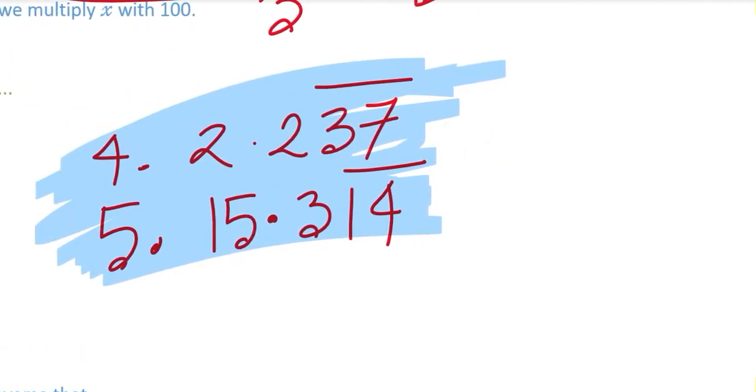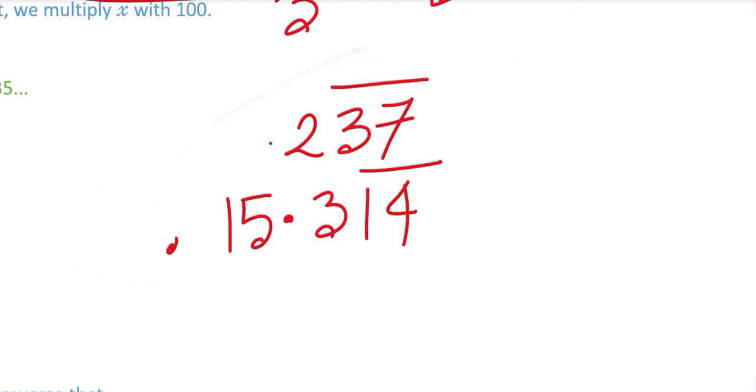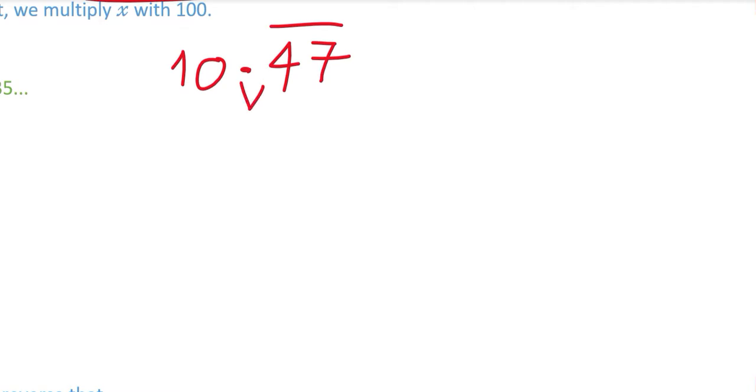Okay, now before the conclusion, as I said, what techniques do we use? Let me rub it. It's better. I need some clean space to demonstrate that part. Shortcut way to find it. So what is the shortcut? Let us take this number, let us take pure number first. So pure number, we are taking 10.47 bar. This is pure. Why? Because just after the decimal, the repeating block starts, right?